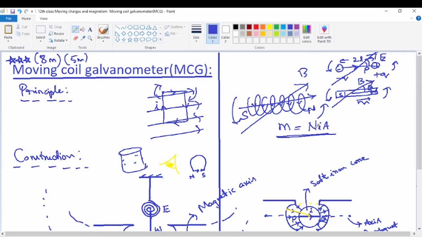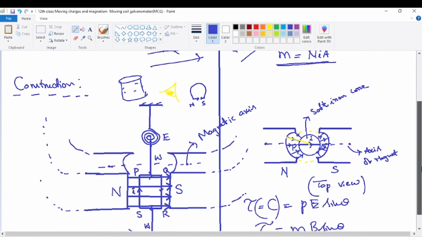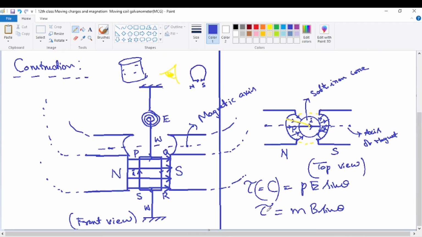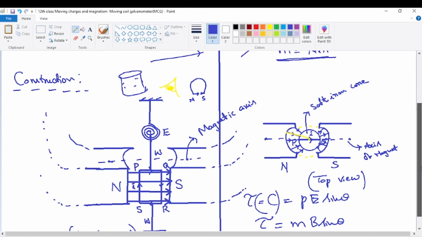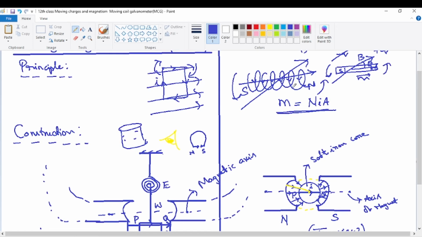It depends on the number of turns of the coil, the current in the coil, and the area of the face of the coil. What is the face? It's a circle. Area of a circle is what? Pi r square. This is a very, very simple result. In terms of NIA, the magnetic moment of the coil, a separate derivation exists. Using that separate derivation, it can again be proved that this is the last common factor between a circular coil and a bar magnet, which completes the exact identical natures of circular coil and bar magnet.